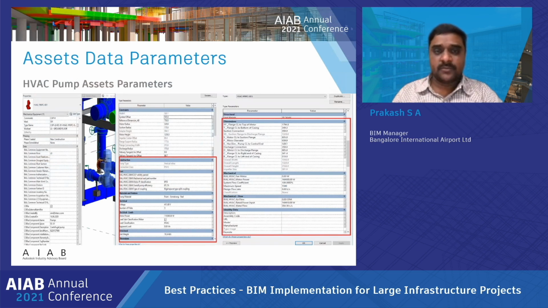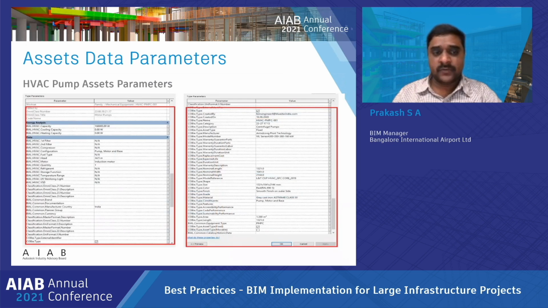And once we come to the data structure, the parameters, this is one sample we have taken, HVAC pumps. So in these HVAC pumps, we add what the operations and maintenance department requires, the particular parameters we are going to add into the design stage itself. So this we have taken as some of the high side equipment. Only a few pieces of equipment we have taken, discipline-wise. And for the HVAC pumps, we can see all these parameters we customized and created, and all this data is going to be fed into the design stage itself.